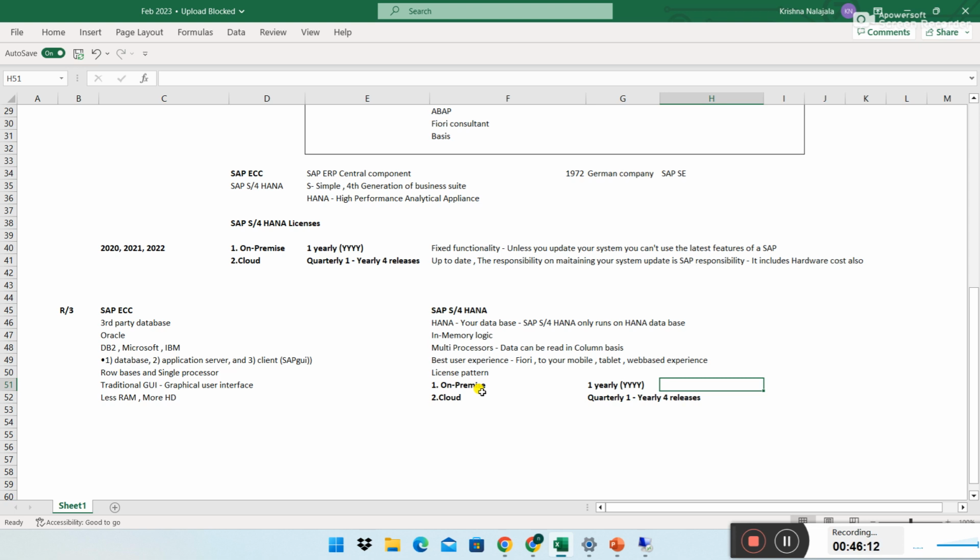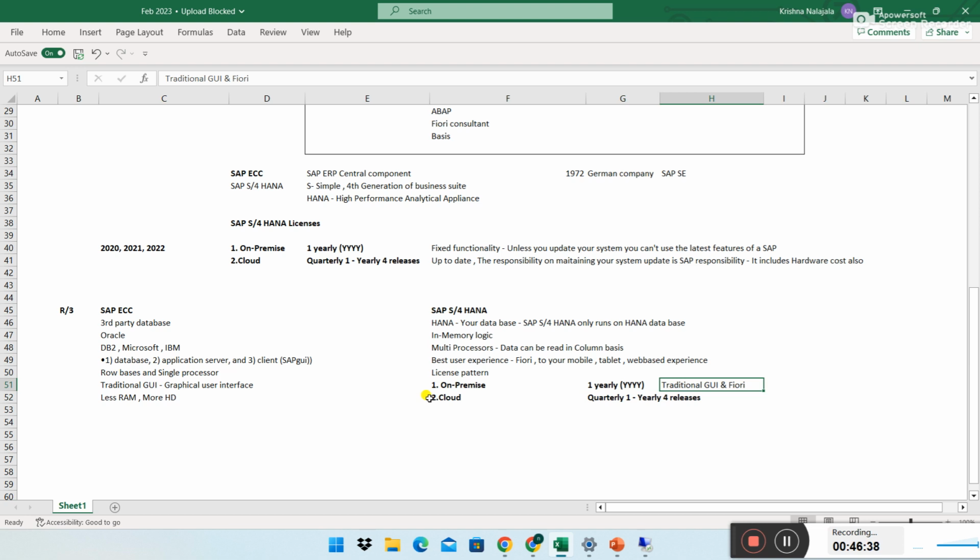If the customer is buying an on-premise release, you have two GUIs. One is the traditional GUI and the other is Fiori. Fiori is nothing but an advanced GUI. If you go with the on-premise license, you have both.